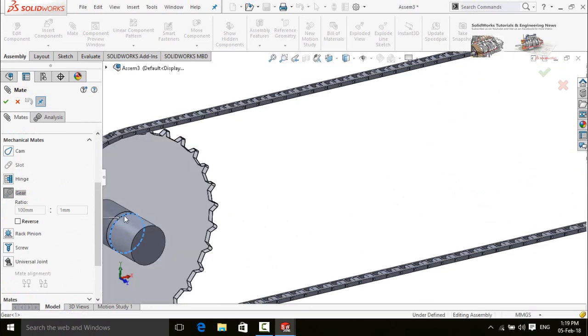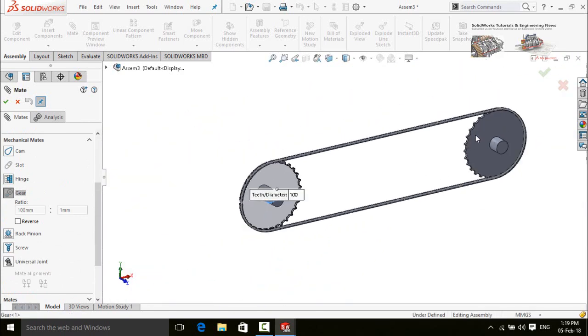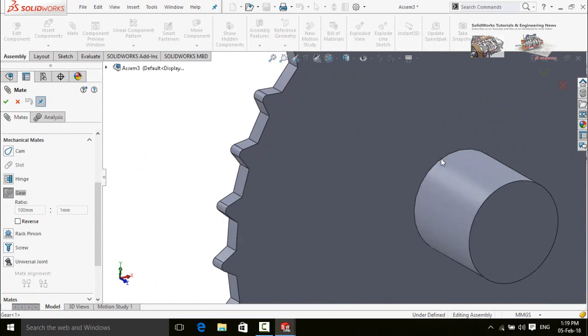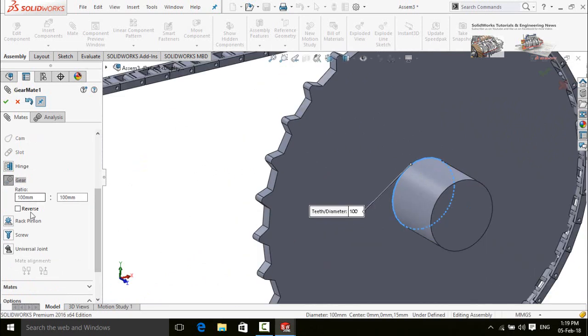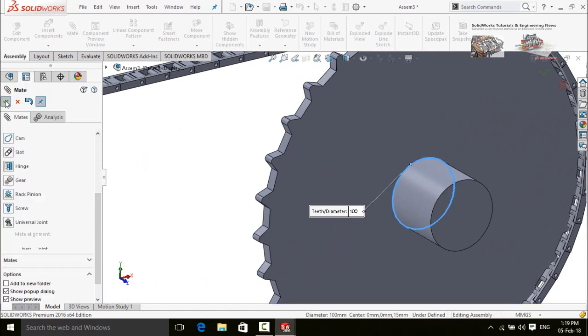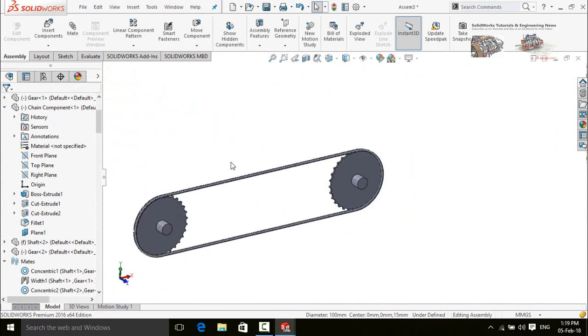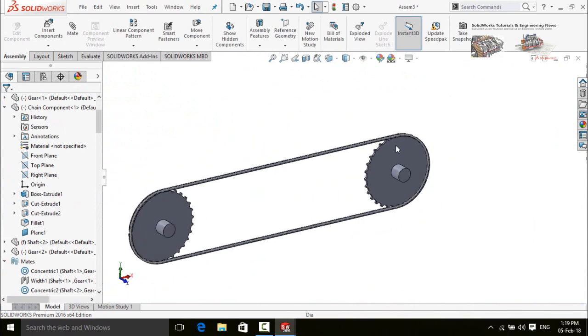Select this circular edge of one gear and then this circular edge of another gear. Check this box reverse and press OK button. Again press OK button. Now try to rotate the gear. So both gears are rotating together.